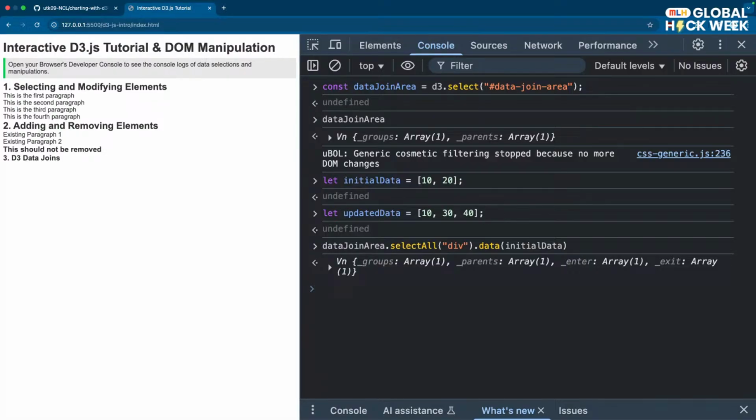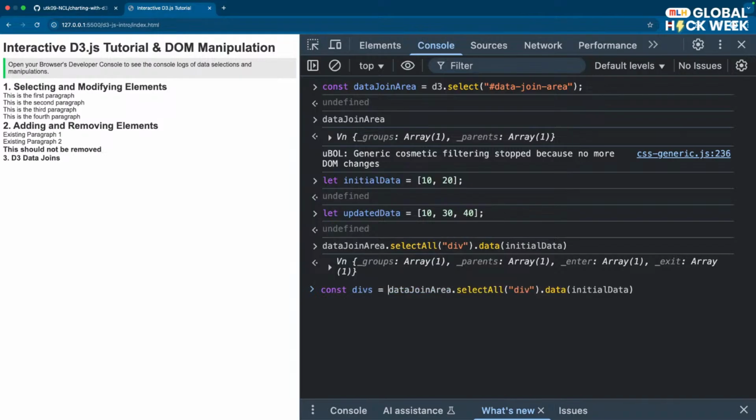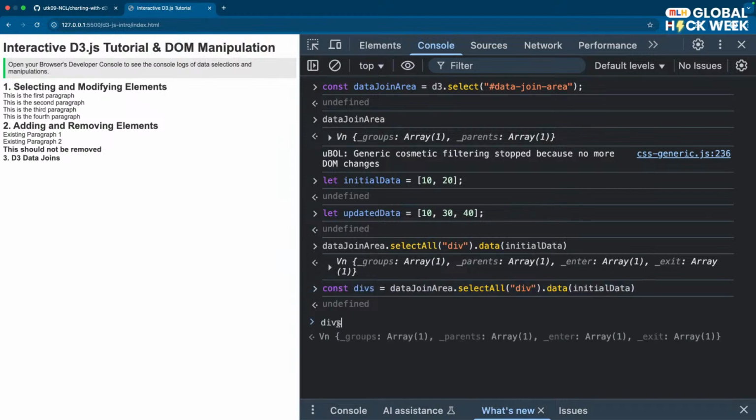So nothing has happened much, but just keep an eye. And I should have assigned this to another variable. Let's say const divs equals this thing. So now that has bound, or it has binded with this initial data, and it is stored in this divs. Okay. So now on divs dot enter